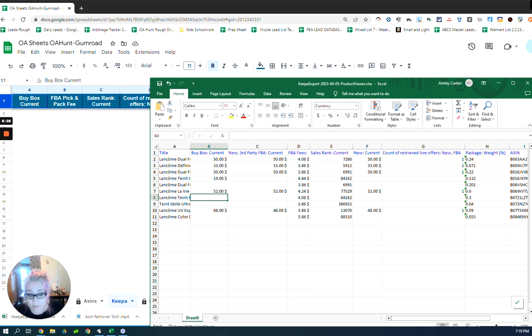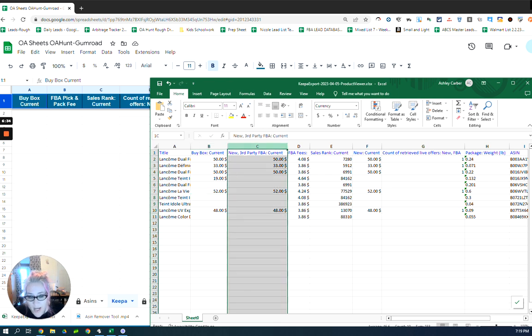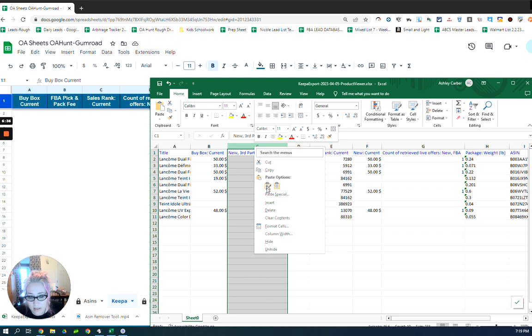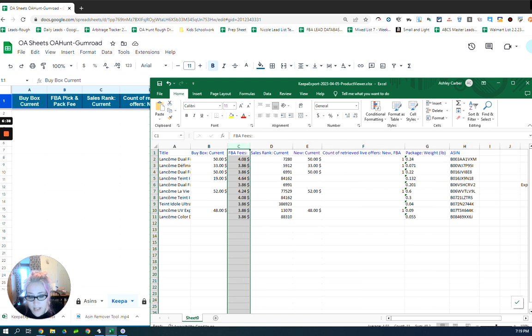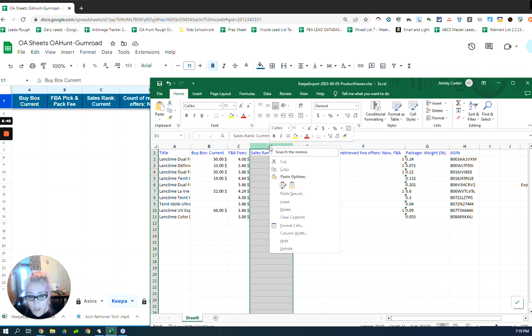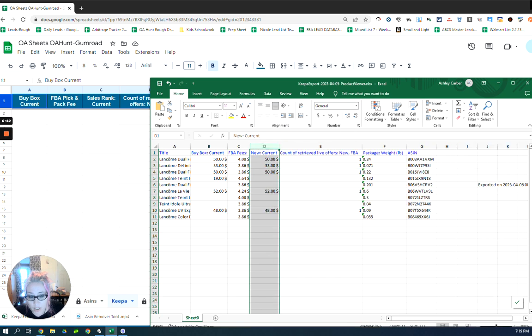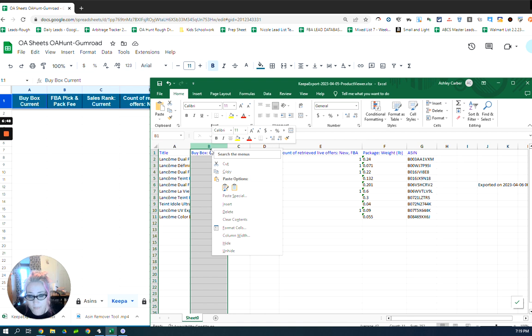So I'm going to go ahead and we can delete the third party and we can delete the current. We just need them to get this buy box current filled in as good as we can. Okay, and once we have that filled in, now we have our buy box current, our FBA,